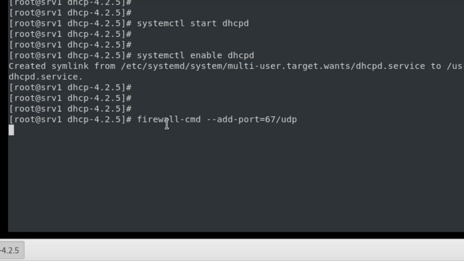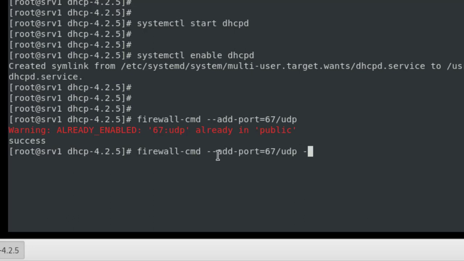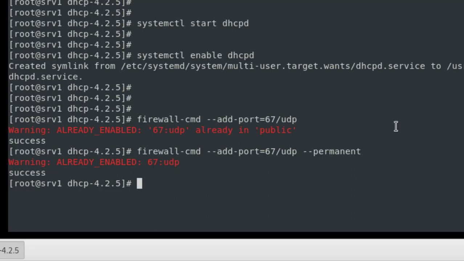I don't know why it is very slow. Yeah, so it is a success, but it is already there. One more thing, to make it permanent, we'll give permanent. Here too I got an error that it is already enabled, but it's fine. If you have not enabled it, you will get only a success message.